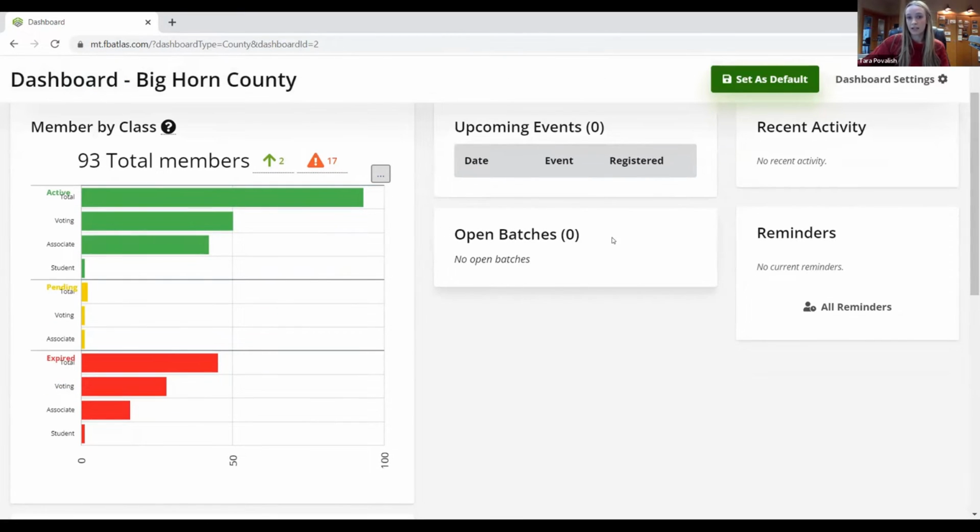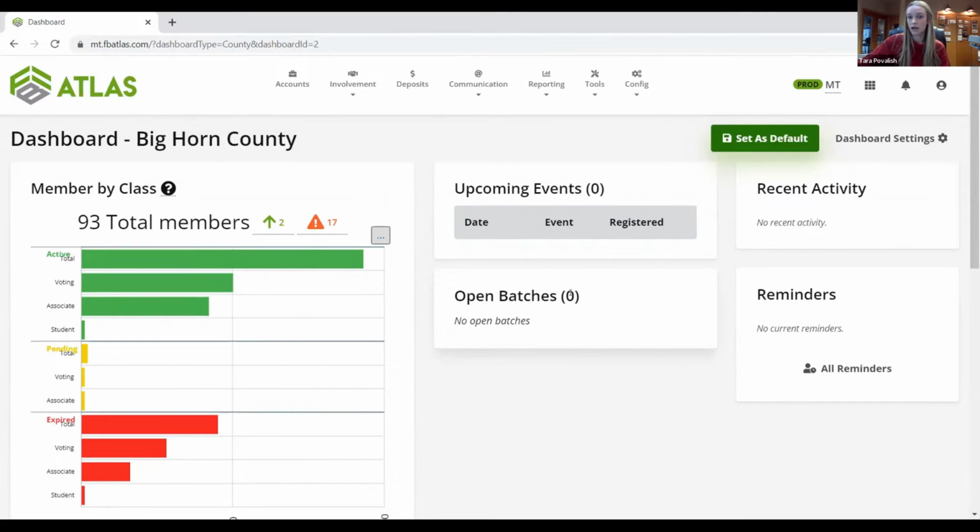And then last, right here, this is open batches. And when they say batches, they're talking about a deposit. So this is something that you probably won't use, but you never know. This is if someone is, say, giving you a dues payment or an event payment, you can open a deposit batch right here, and then it'll tell you if that's open or not over here. But like I said, this one might not be something you're in so much.